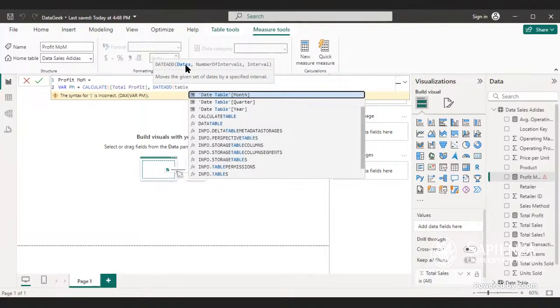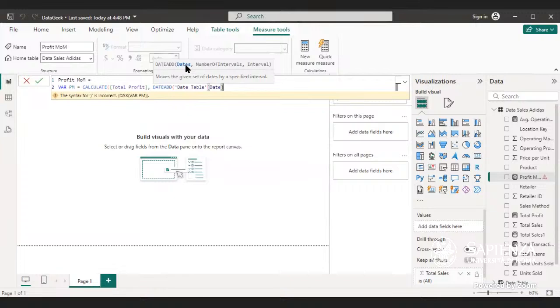Table. So always remember, you have no business with month number, month, quarter, year. You have no business with any of them. So just click on tab. Then after that, comma. What is the number of intervals? Okay. Do you want to add 1 month? Do you want to add 2 months? Do you want to add 3 months? So if I add 1, that means